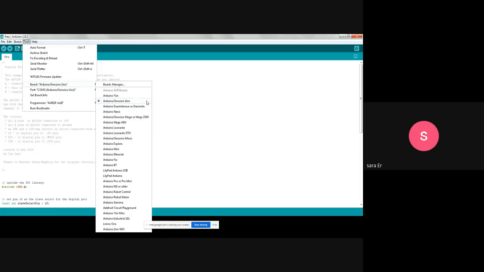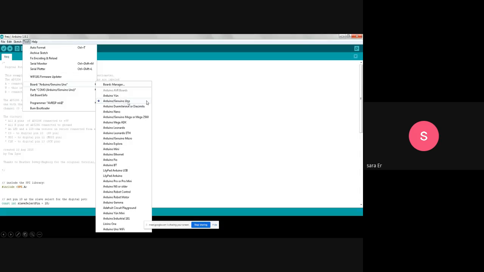You should connect your embedded board, your Arduino board, using the USB cable to the USB port of the computer, and after that, by using the Tools menu, set the board to Arduino Uno. If your Arduino board name is Uno. You might have a different Arduino board, for example, Arduino Mega, Arduino Nano, Arduino Yun.